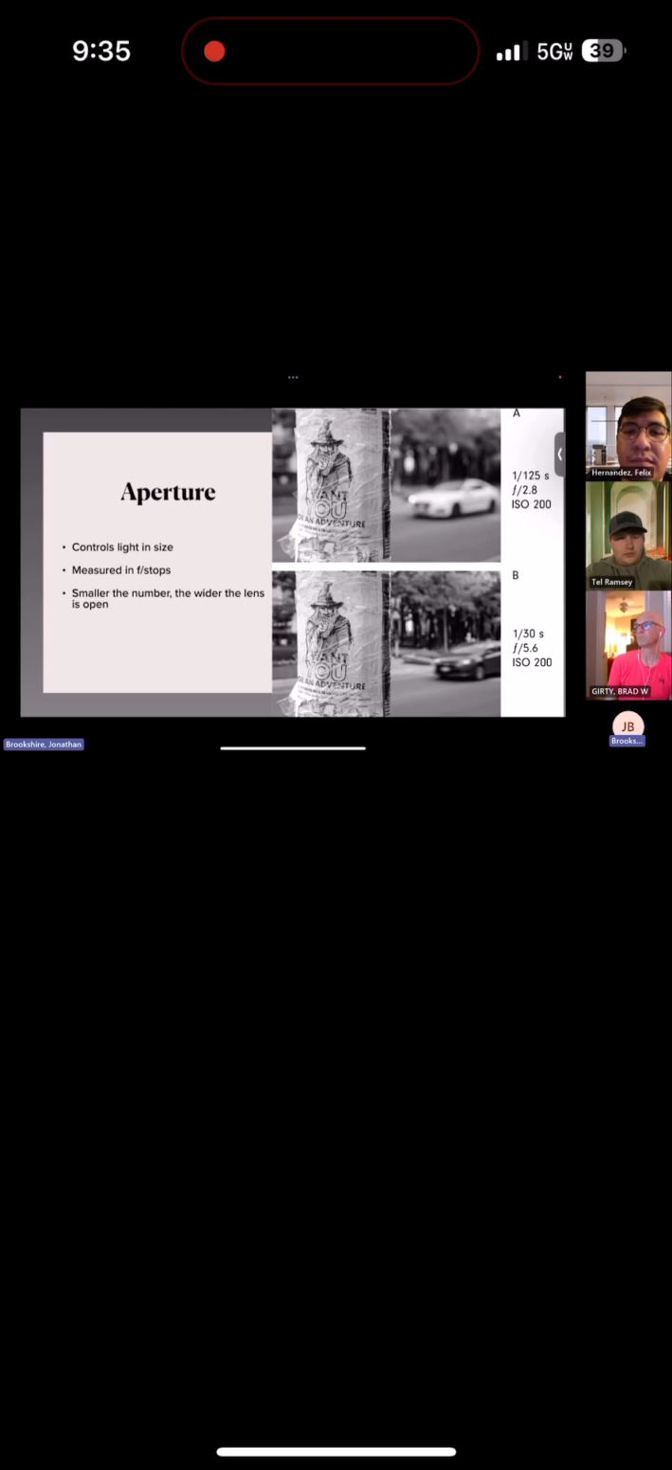So the next point in the exposure triangle is the aperture. This controls light and size, so it's going to be measured in f-stops, and it's going to expand and contract the lens. That's the size that it's measuring in. So the smaller the number, the wider the lens is open. As you see in picture A, the f-stop is very small at 2.8, and it is going to be open pretty wide,